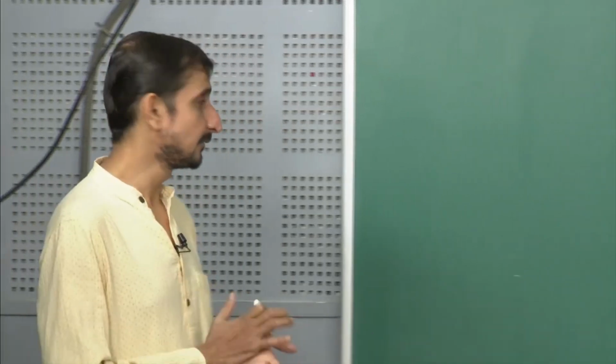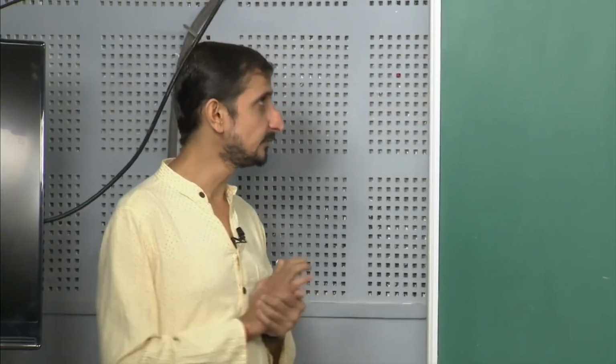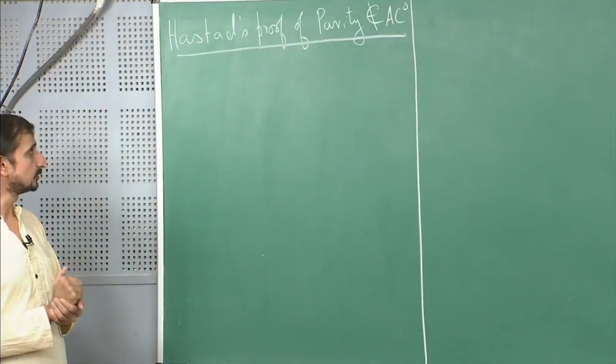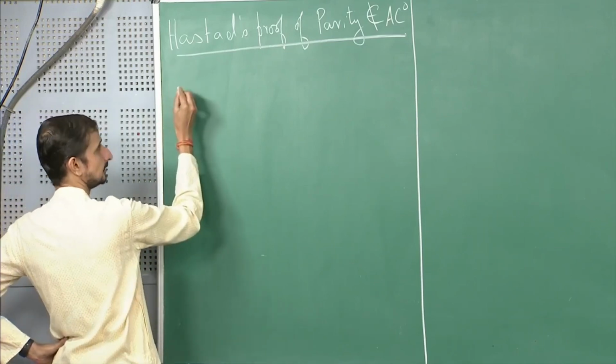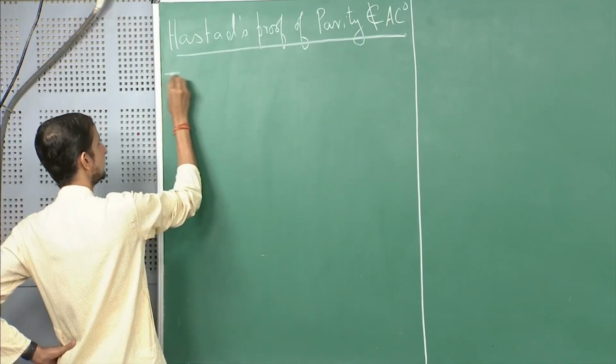Okay, so good morning everyone. So what we will see today is Hastad's proof of lower bound for parity. Specifically, we will show parity not in AC0. In fact, we will show a stronger result that